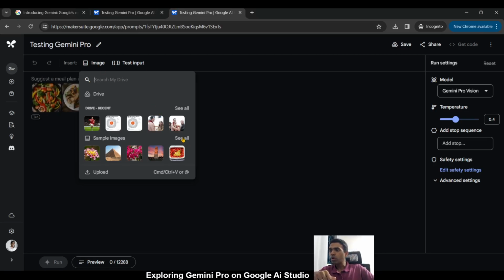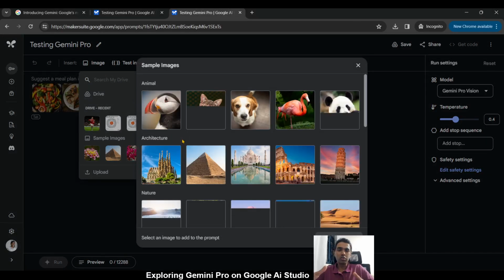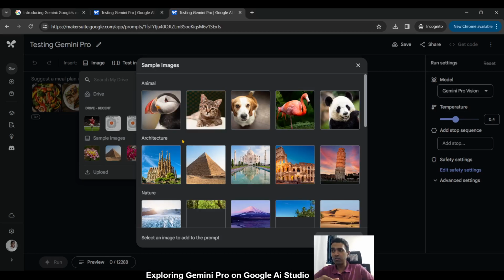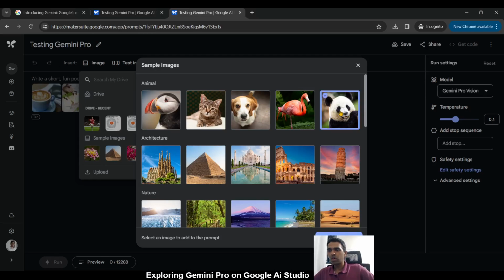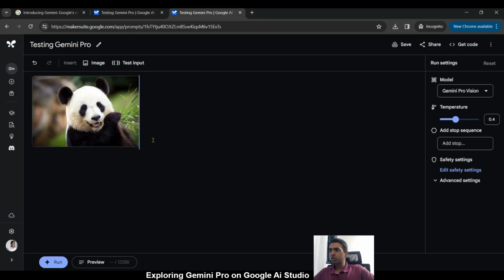You also have a lot of images that Google has themselves put up, which you can use as well if you need to. For example, if we start off with a simple one like this, just click on it, say I want to add this to the prompt, it'll add the image to the prompt, and then you can say, describe this image,